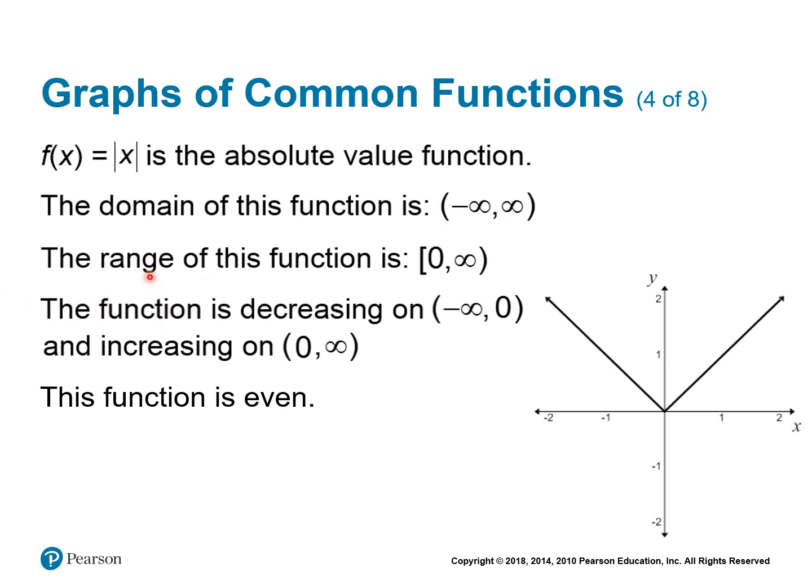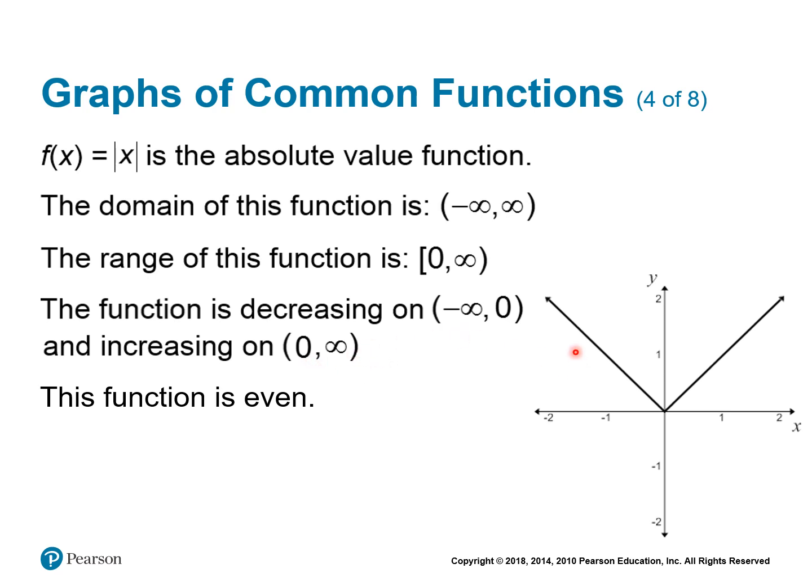All right. The range therefore is going to be anything from 0 to positive infinity. All right, y values are always going to be positive. It should not be negative infinity comma infinity. It's going to be 0, the lowest value that the y is going to take, and it can be all positive values up to infinity. The function is decreasing on x equals negative infinity to 0 and increasing on x equals 0 to positive